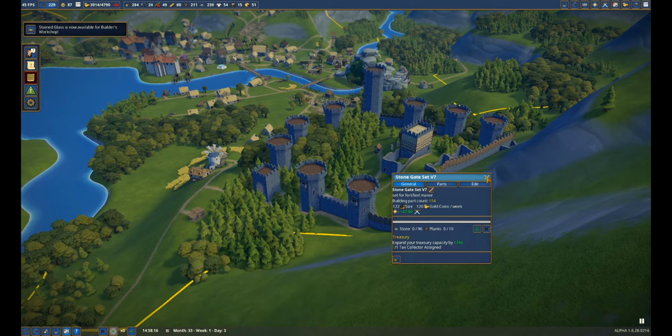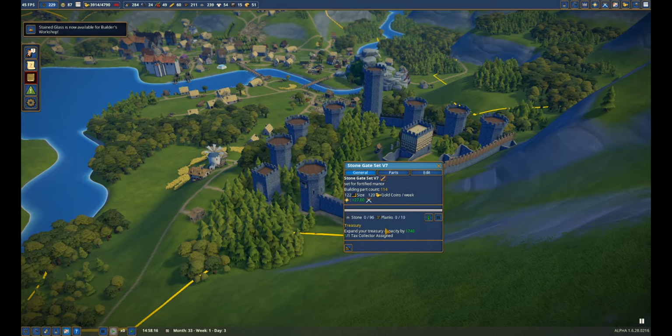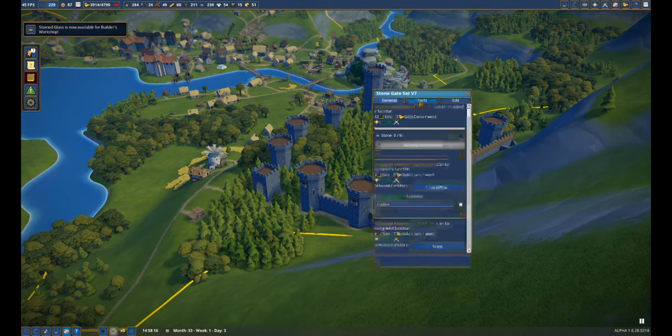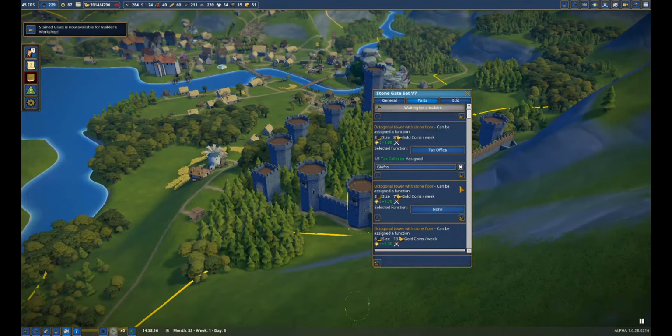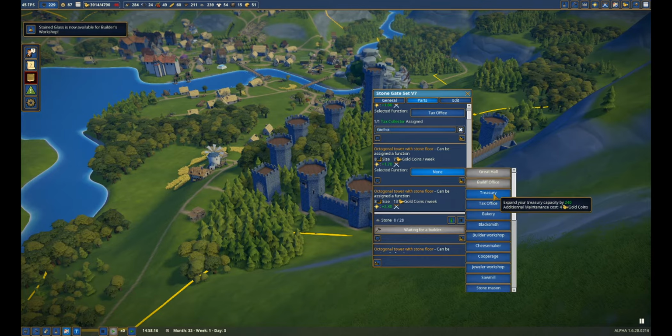General. It's going to have to do it here, won't I? Where did I put it originally? Hang on. Where did I assign it? That's assigned to a tax collector. I don't know whether I can turn one into a dorm for soldiers. Here we go, tax office. She's got none. So if I go like that, can we assign that to... We can assign it to a great hall, so we can move our...